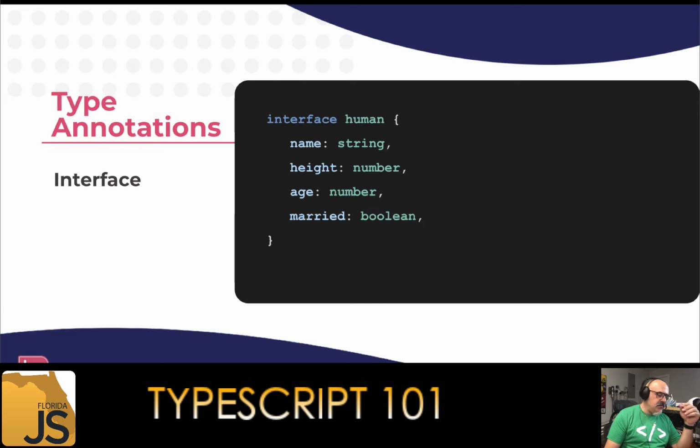Transpilation. So we don't compile because we're not changing from a computer language to binary zeros and ones. We don't even do that sort of last-minute compilation that Java and C# do. We change from TypeScript to JavaScript. There is a compilation. There is a TSC, and that's the TypeScript compiler.